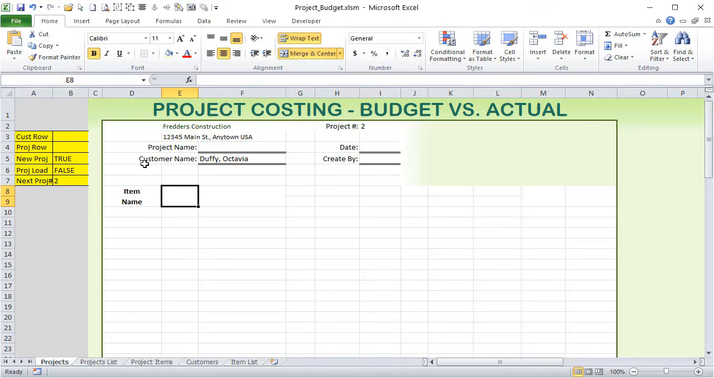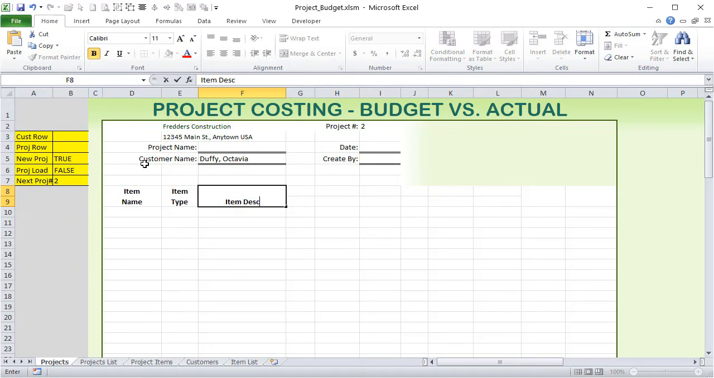Once I have the item name, I want the item type. It's going to be labor or materials. So item type. And then I also want item description. And I also want 3 columns for budget and 3 columns for actual. So let's do it, and I also want to total it up. So total